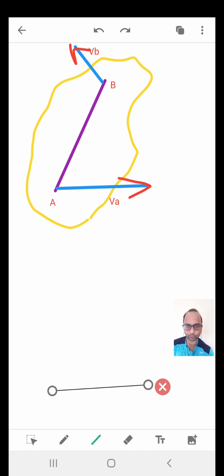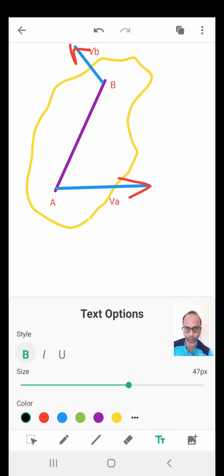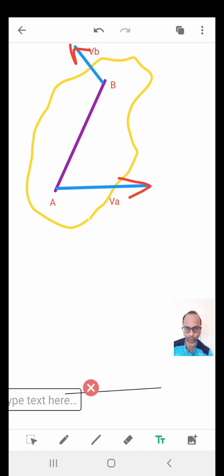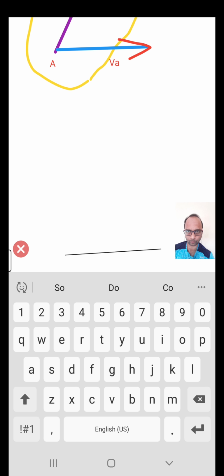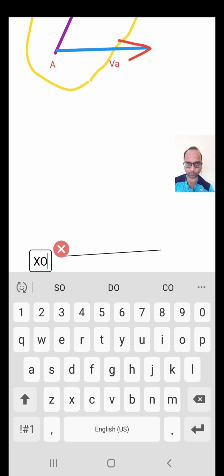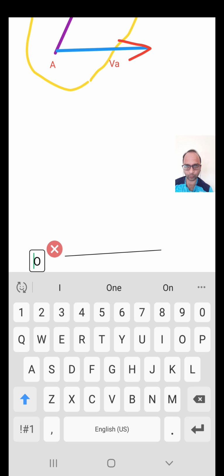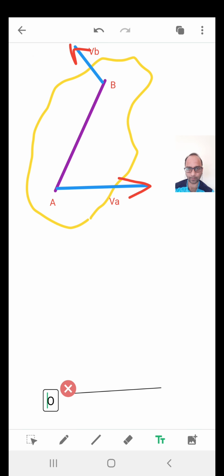I just draw, okay, from point O, a line parallel to VA, because the direction of absolute velocity we know. Okay, then